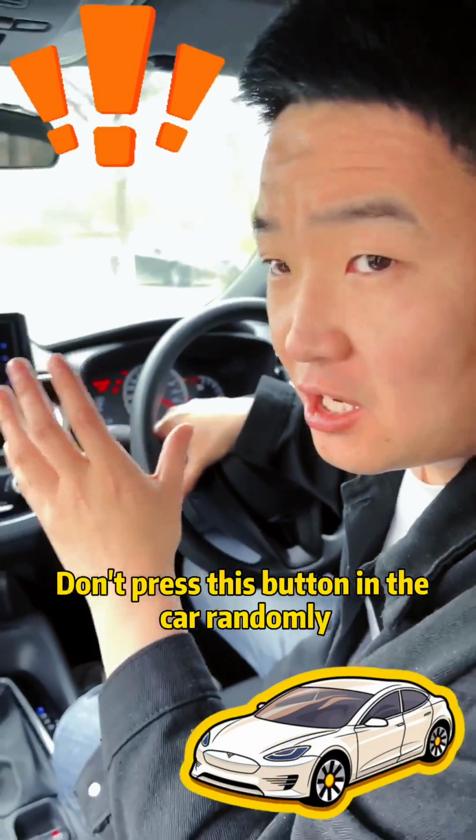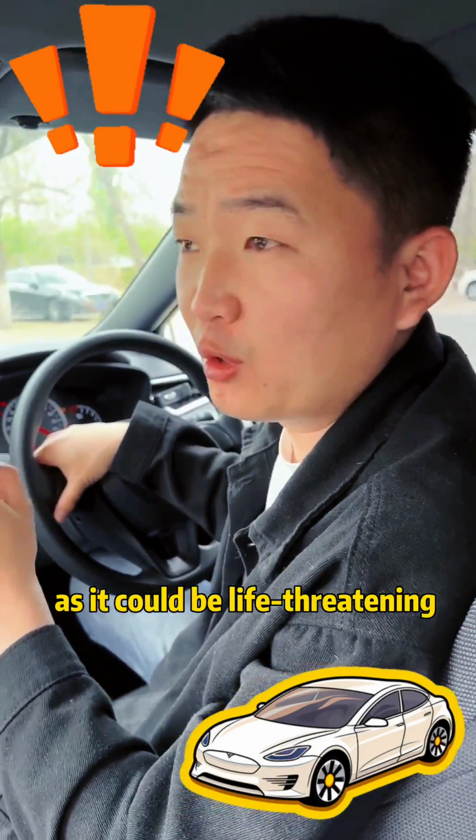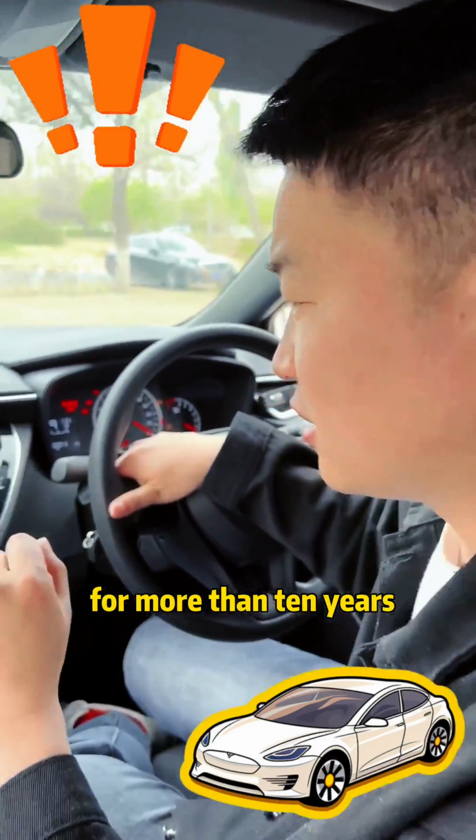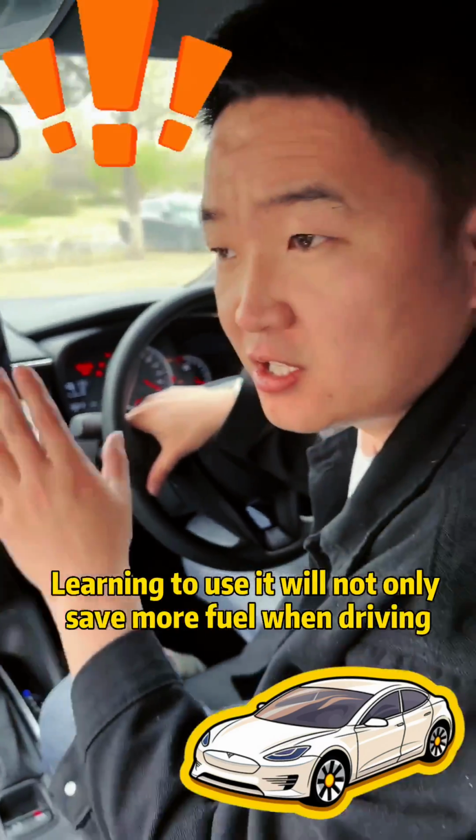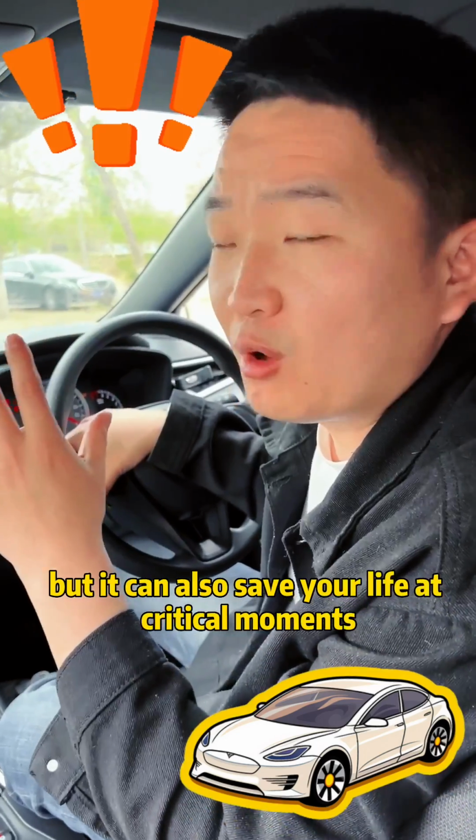Don't press this button in the car randomly, as it could be life-threatening. Many people have been driving cars for more than 10 years and don't know how to use internal and external circulation. Learning to use it will not only save more fuel when driving, but it can also save your life